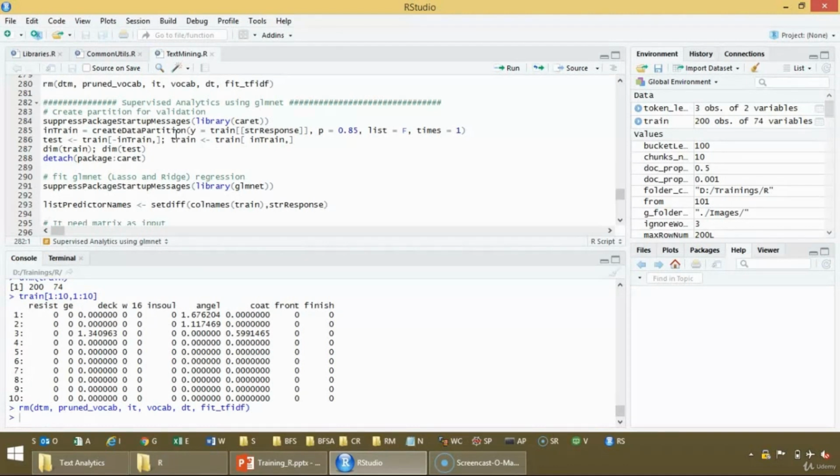So let us start. Here I am using glmnet so that I can explain something. Otherwise you can use other algorithms as well. The working methodology will be the same. Now if you recollect, when we work with supervised learning, we divide the data into train and test, and train used to be around 45% and test used to be 15%. That is what we are doing in lines 284 to 288. I'm running in one go,